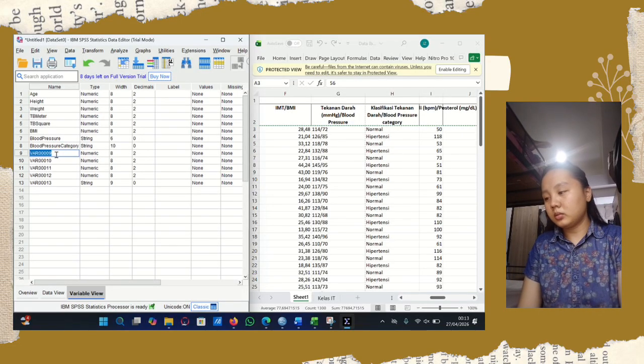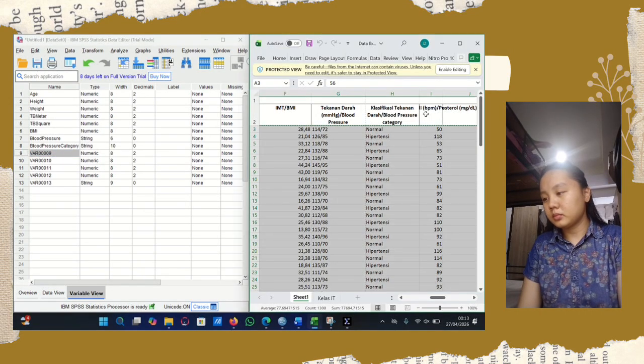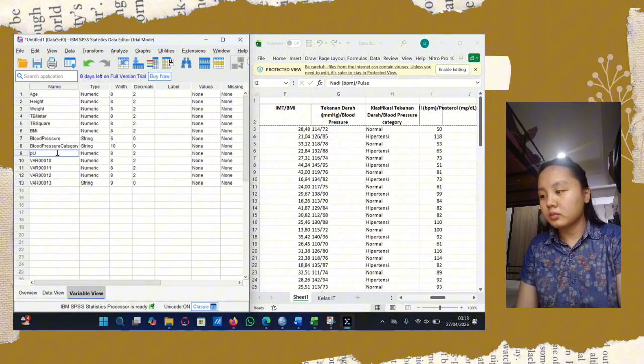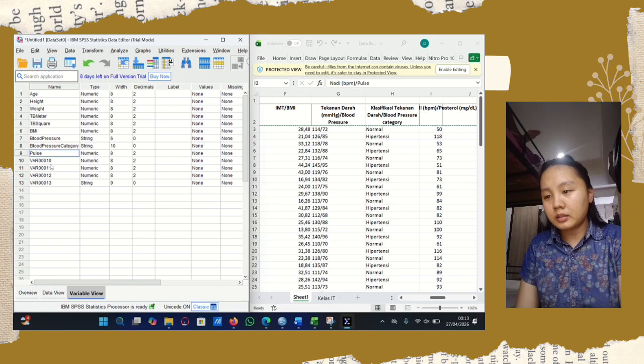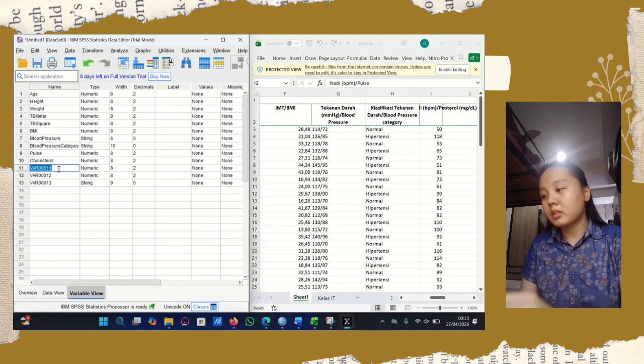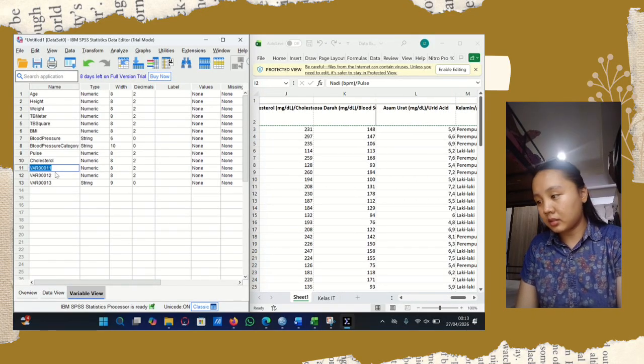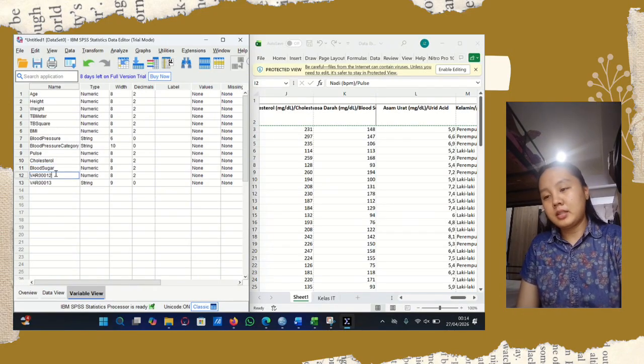Then cholesterol, blood glucose, blood sugar. Then uric acid, okay, uric acid. Then the last one is gender.